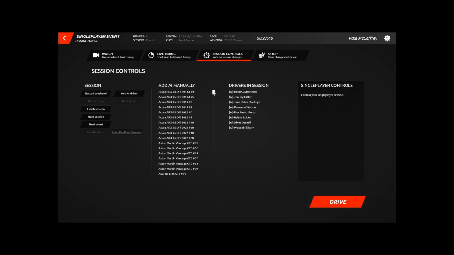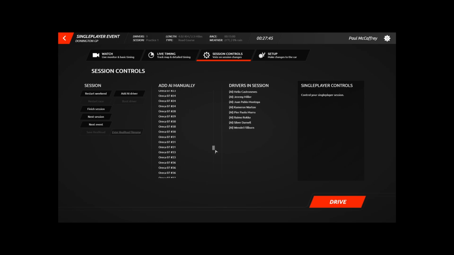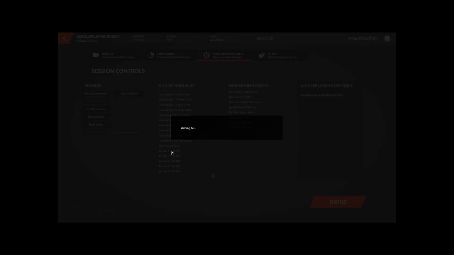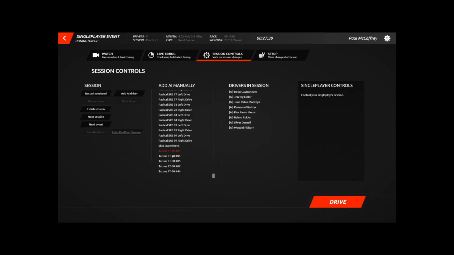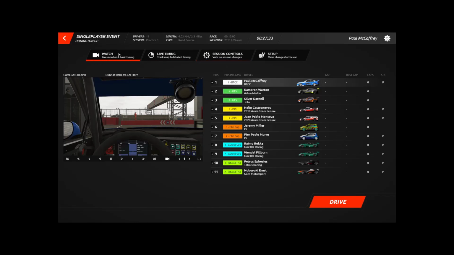And let's have a couple of our open wheelers. So if I can find them somewhere in here, we've got our Tatus FT50, so let's add a couple of those. Okay, and we've now got a field of all sorts of different cars, and you can add as many as